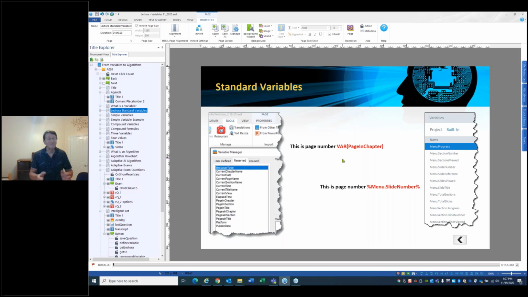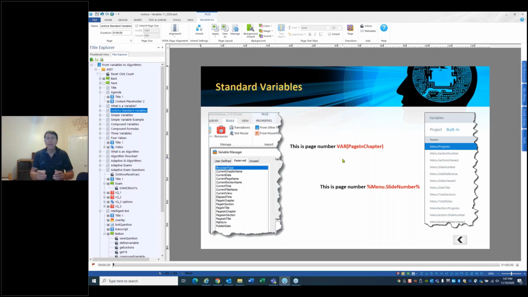With Storyline, it's just about the same thing. This is page number, and instead of a capital VAR in parentheses, it puts the variable name in quotes. And that's what a lot of people are doing using the built-in variables. And each software program is going to have its own collection of built-in variables.